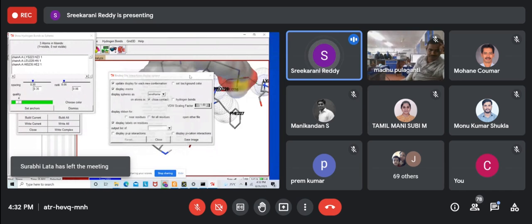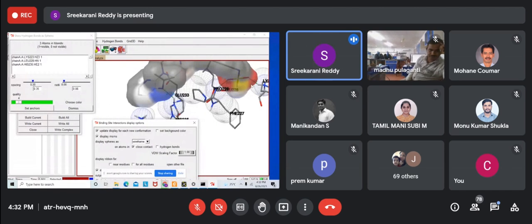Yeah, I'm showing the 9th conformation. If you see, you are able to see here something green, which is of 1.94 angstroms. I'm trying to increase that so that you can see it more bulky, right?